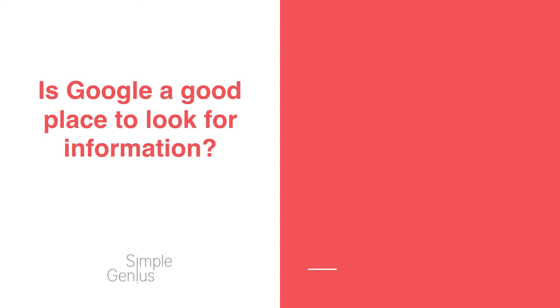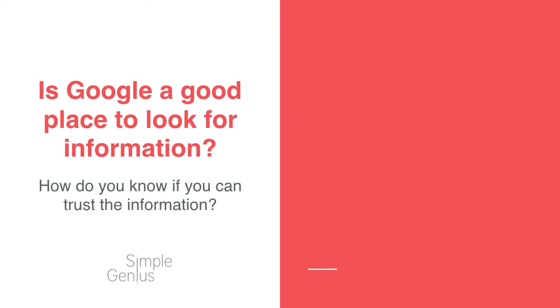So the question is, if you are a Google person, is Google a good place to look for information? And of course, in some ways it is a great place to look for information, but you have to make sure you're asking the right questions about that information. So how do you know if you can trust it? Look for things like, who wrote this information? Is it a person? And is that person somebody who you know is an expert in that area? Is it an organisation? Is it a big organisation? Is it an international organisation? All of these things will help you to decide if the information is...